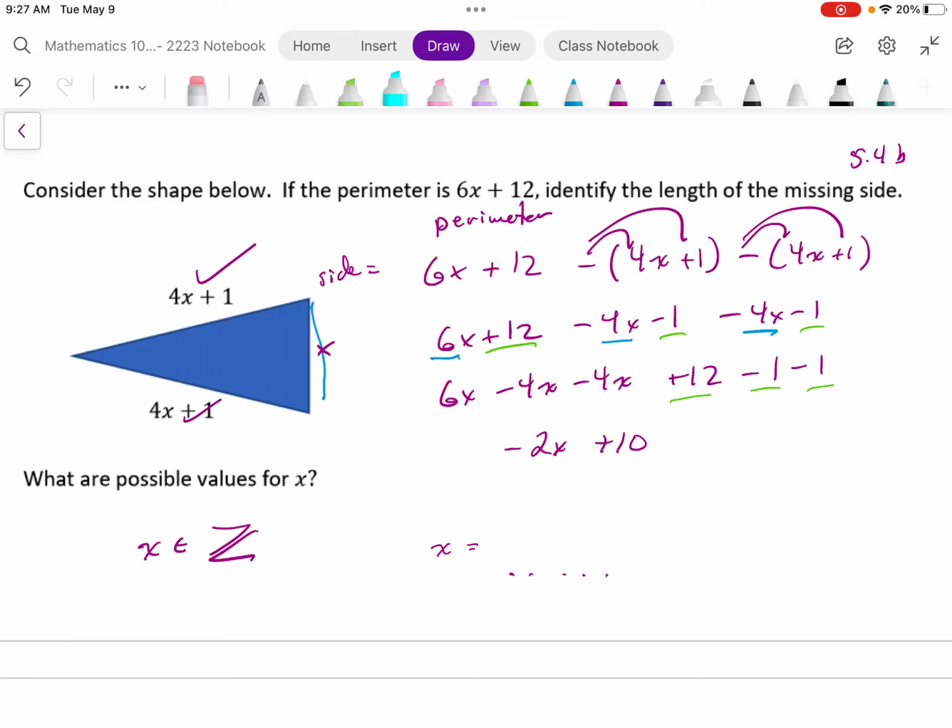Because, I'll give you a hint, this side length must be positive. This side length must be positive. And remember, this side length must also be positive. Additionally, the perimeter has to be positive. There's only a few options ahead of you. So, for example, x is equal to 10 is not a possible solution because that means that this side